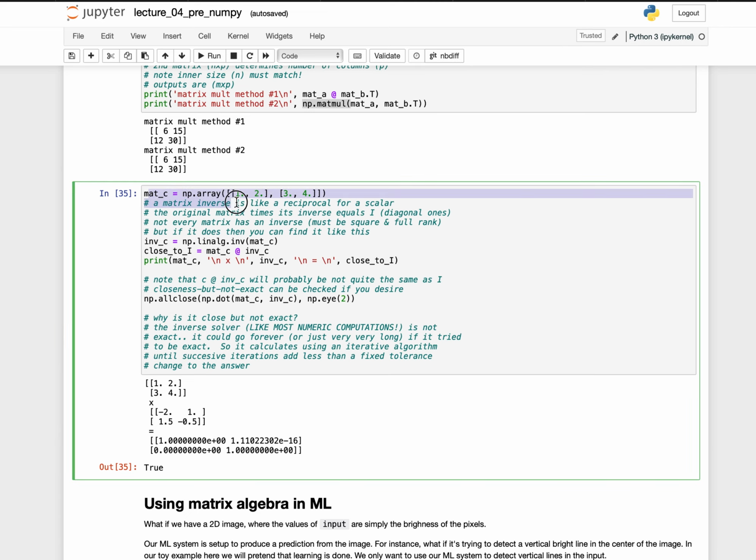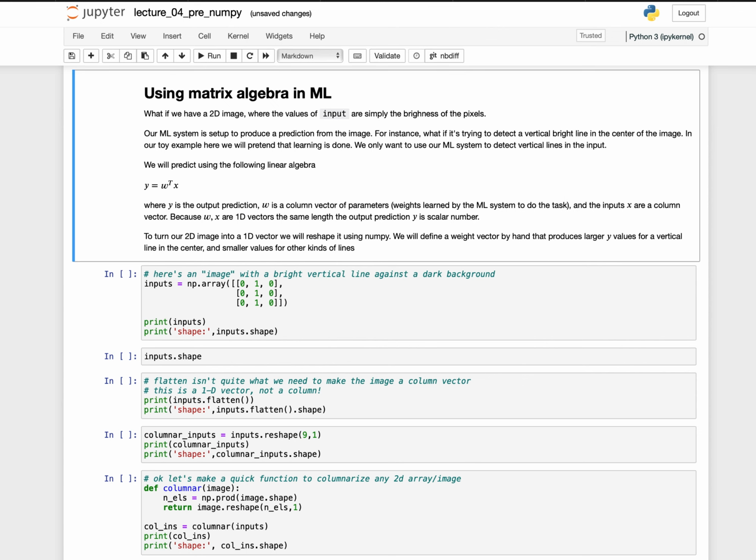So here we take our matrix, we invert it, and the definition of a matrix inverse is that the matrix multiplied by its inverse should be I. And then we check if indeed it is close to I. Okay,